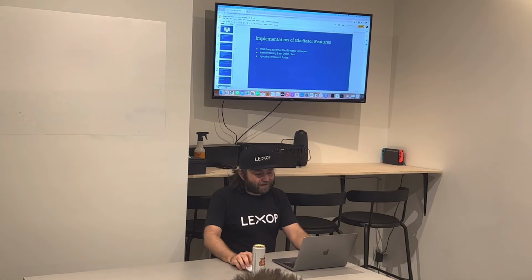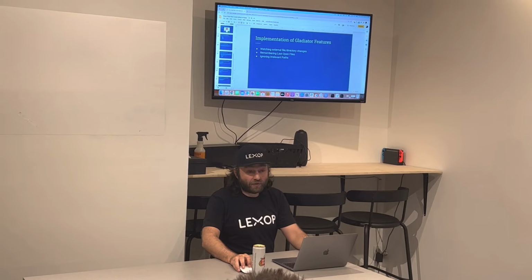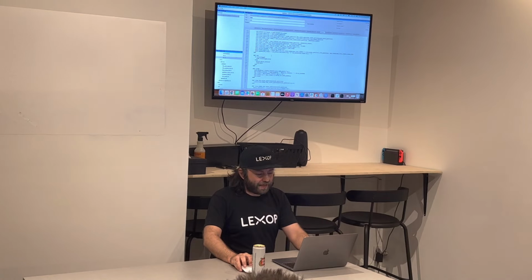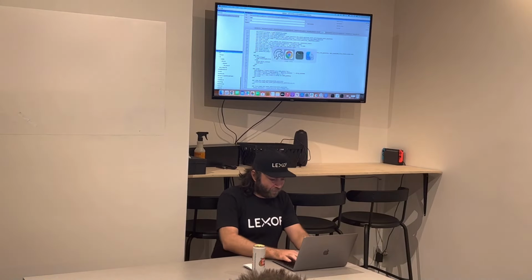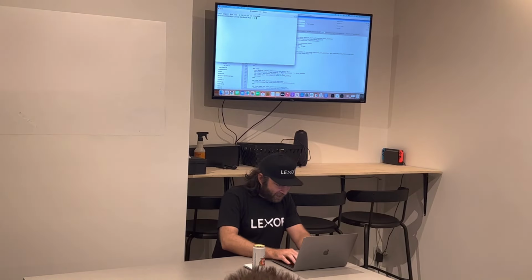These are 3 esoteric features towards the end that I'm going to cover. Basically, watch the file directory. Watch the external file directory system for changes. That means that if from outside of Gladiator, I end up creating a file, it will show up over here. So let's hope it works right now. Sometimes that doesn't work, but